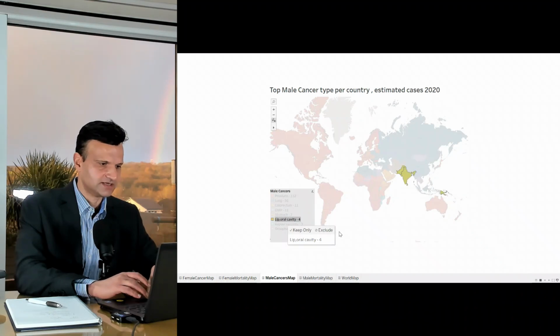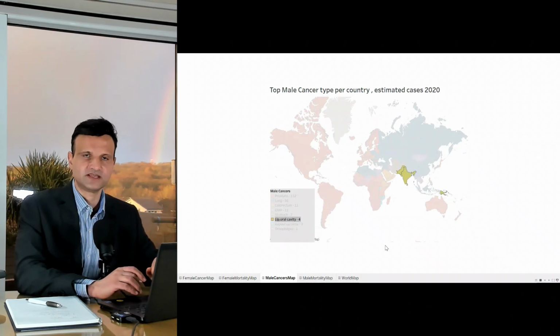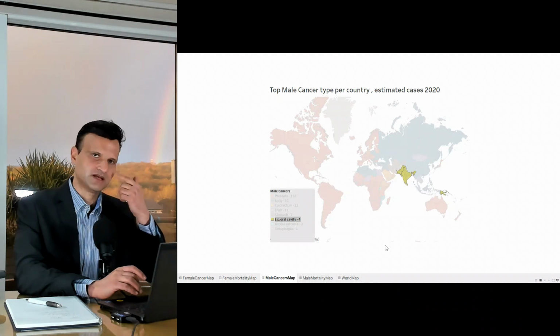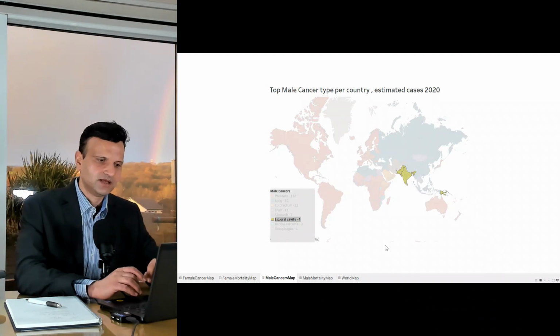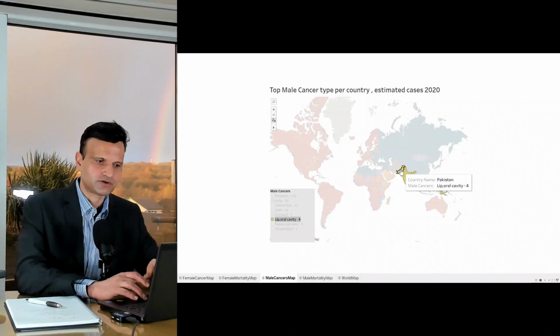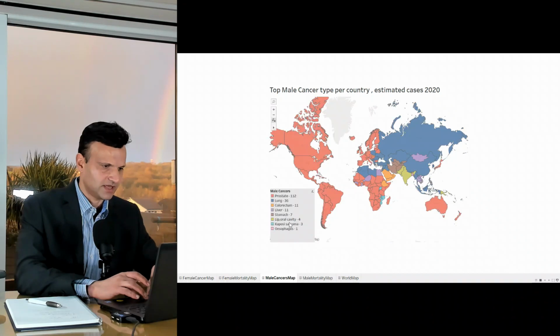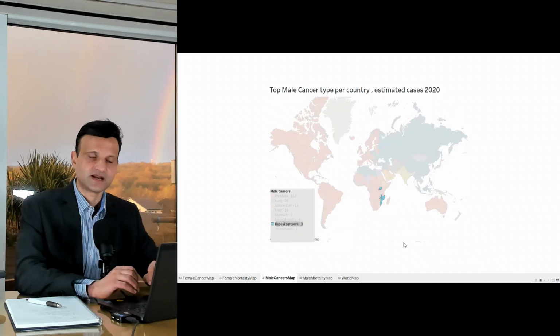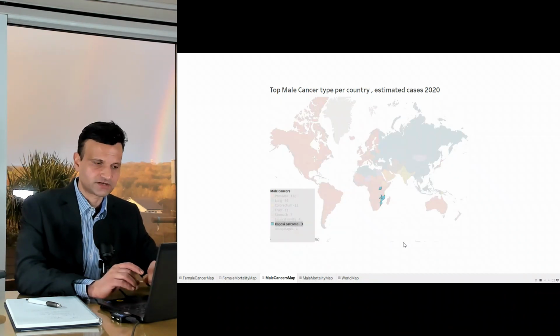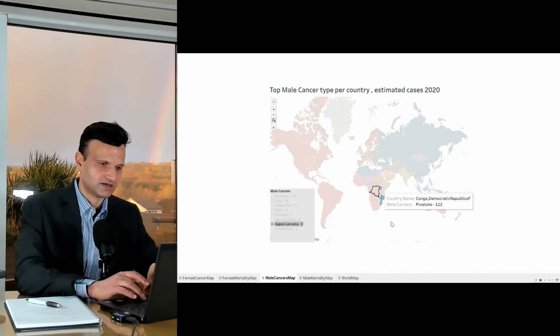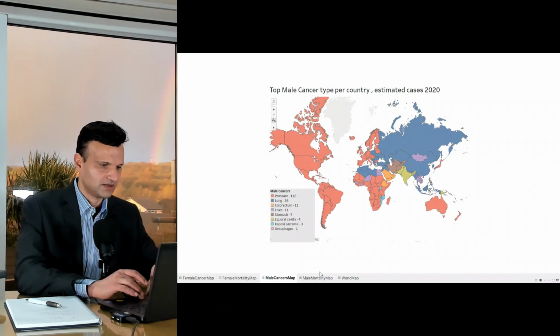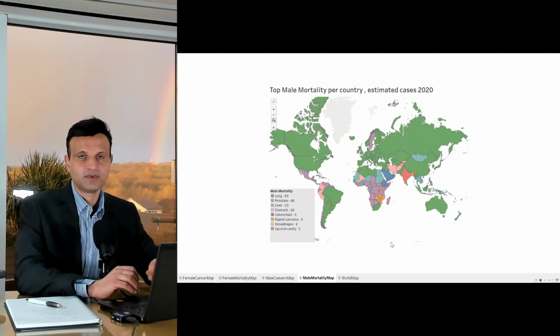After that is lip and oral cavity, which is like mouth, throat, and all that area. The majority are in the Indian subcontinent and one of the countries near Australia. Then Kaposi sarcoma, which is top of the list in 3 countries. The majority are in Africa. Let's move on to male cancer